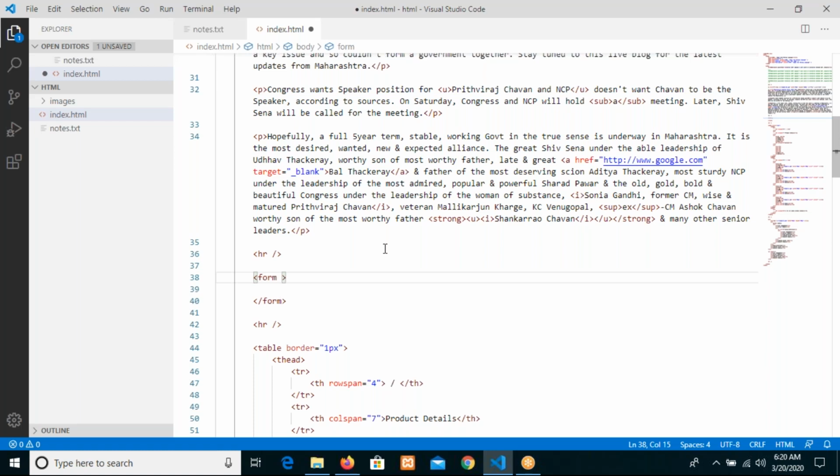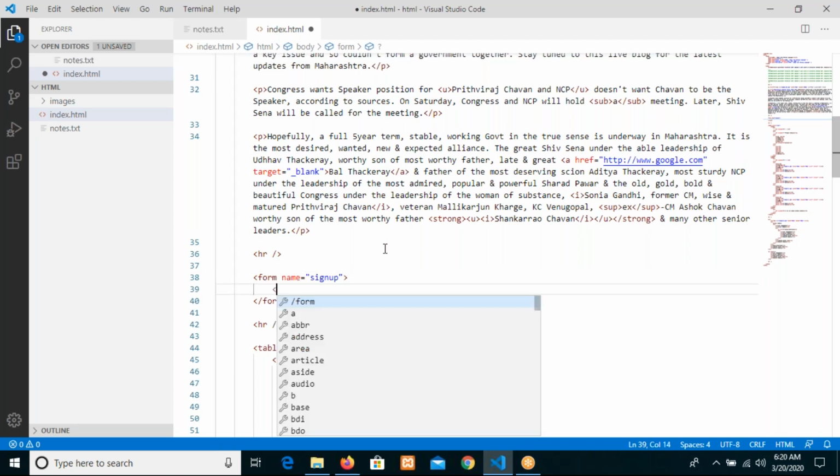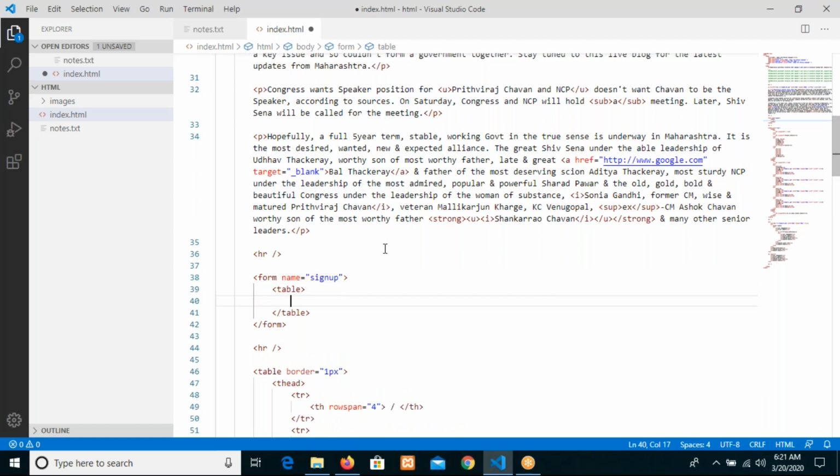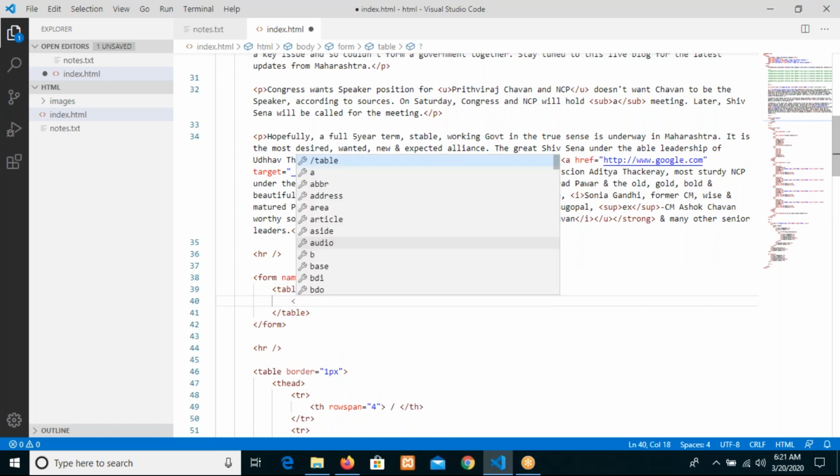For the total form, for whatever purpose you are writing, you need to specify that with a name attribute. Maybe it's a sign up or register form, whatever you did. In this, write a table. You can also go with directly